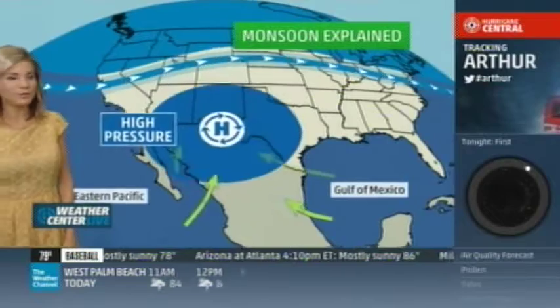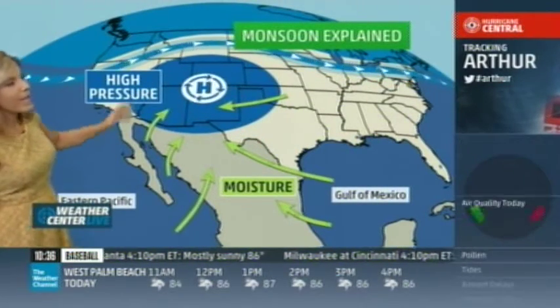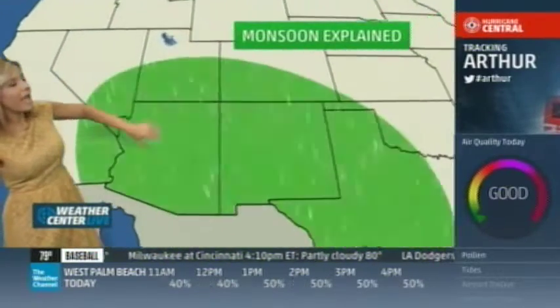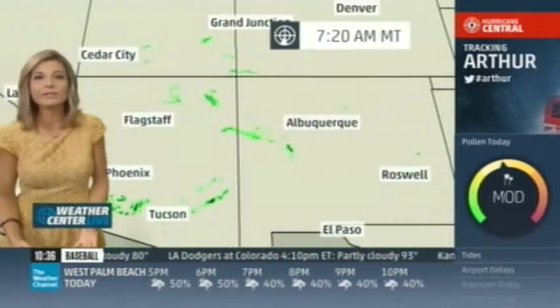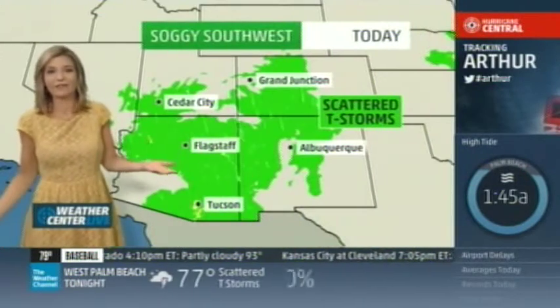What happens in monsoon season is that we get the high pressure that sets up over the Four Corners area, and around that it helps draw in moisture from the Gulf of Mexico and from the Pacific. It helps moisten up the atmosphere over the southwest so that when we get these storms to develop, the rain actually makes it all the way to the ground. And this is the time of year when we get most of our annual rainfall, at least half of it anyway,